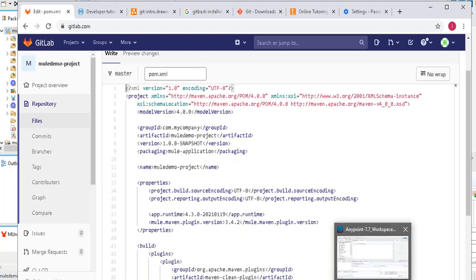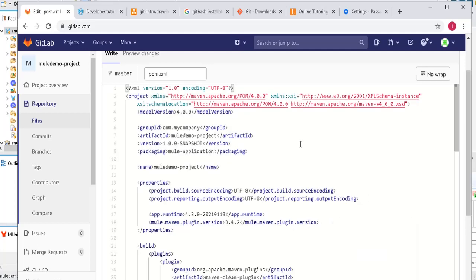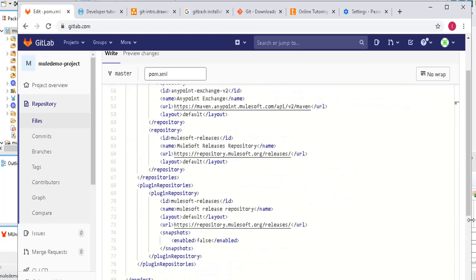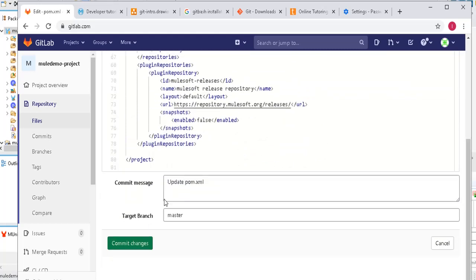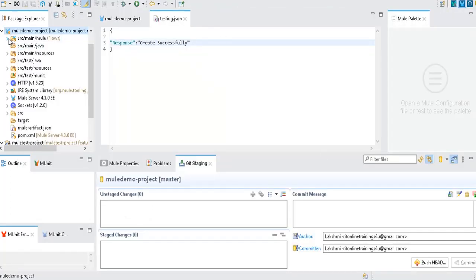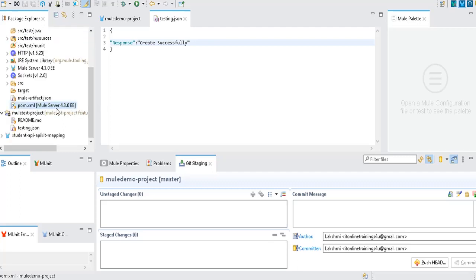You need to do the changes in your Anypoint Studio and push the code. Just for demo purposes I'm editing here directly. Usually this is not good practice. So I just edited something here and I'll commit this. So this updated pom.xml is not there in my local repository, because I haven't pulled the updated code yet.